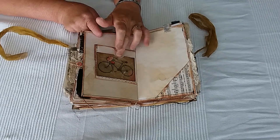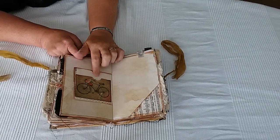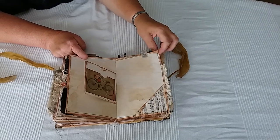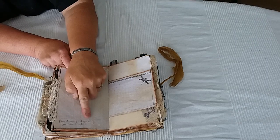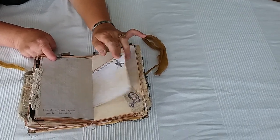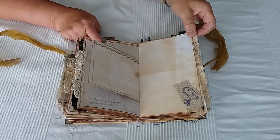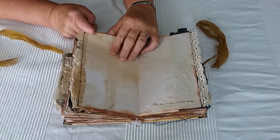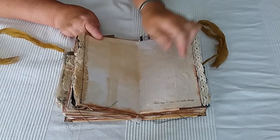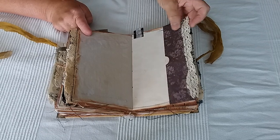The odd little, this is a double one. You can put something in that one, and put something in that one. And then we've got that one as well. Triple pockets. More quotes at the bottom. More characters throughout the book. The bird is following us throughout. He is following us throughout the whole book. Another stamp saying, a side pocket,